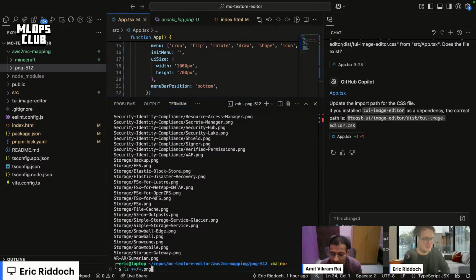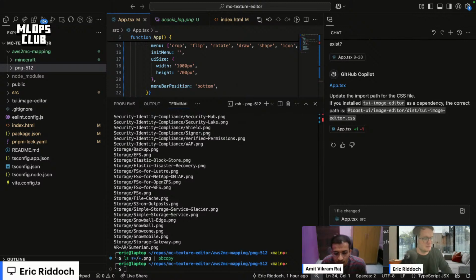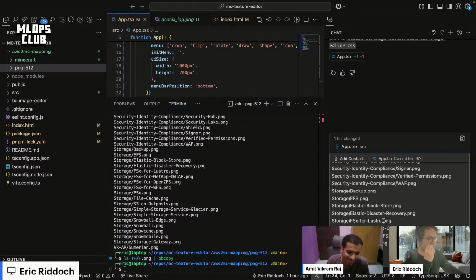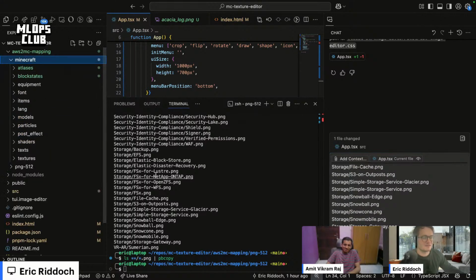Okay, so we have this. Please create a mapping from AWS icons to Minecraft blocks, to the most similar looking Minecraft blocks. It's not that huge of a prompt. There's only 300 lines. Okay, so then for Minecraft,